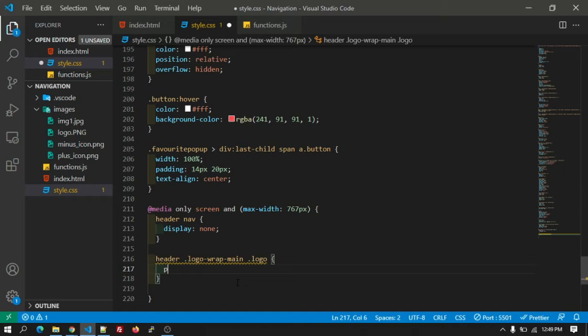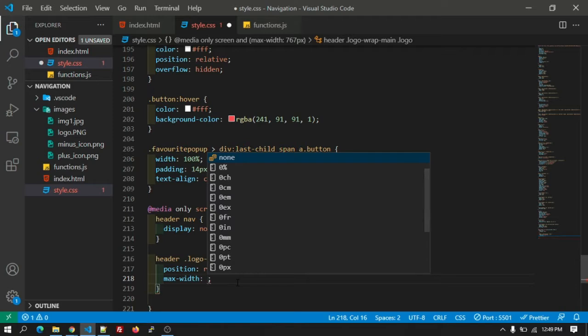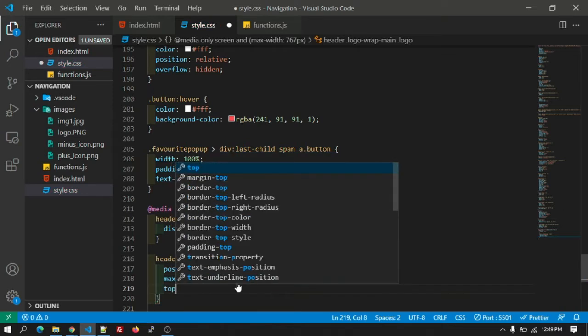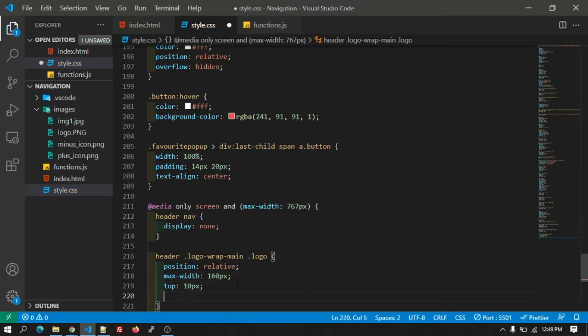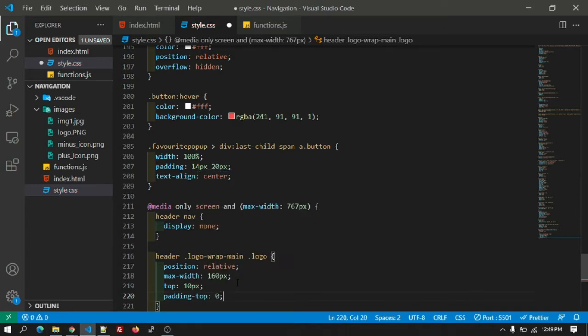First, let's give position relative, max-width 160px, top 10px, and padding-top 0.